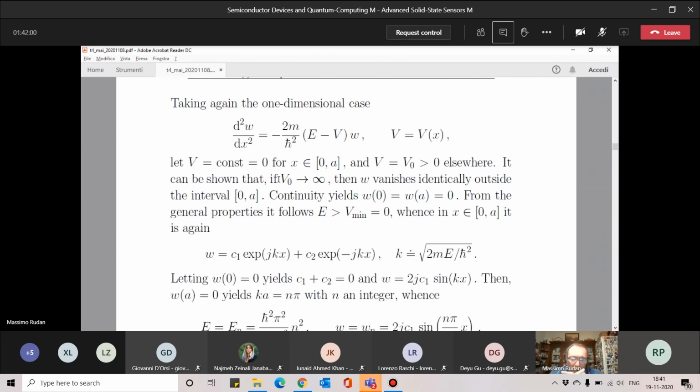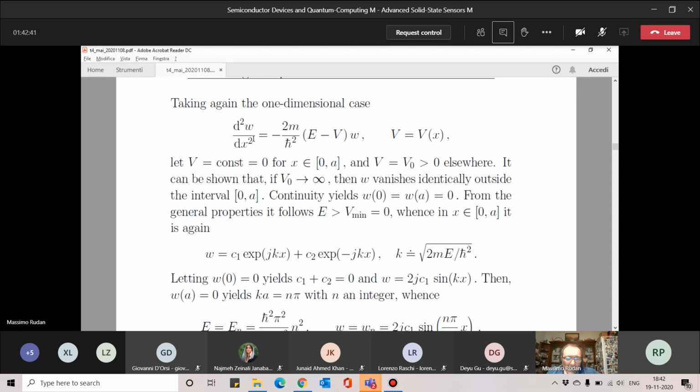What people should do is calculating the solution in a finite well and then taking the limit afterwards, okay? So we assume that we have done it, okay? So in this case, we know a priori that the wave function will be identically equal to zero outside the interval 0 to a, okay? So the equation now takes the form